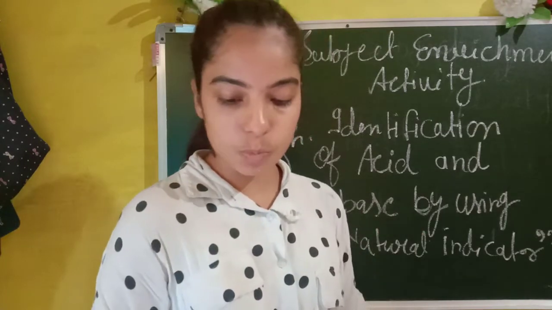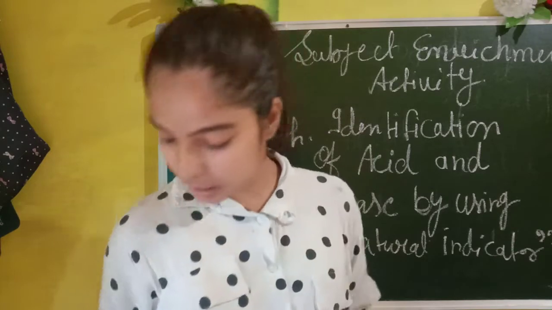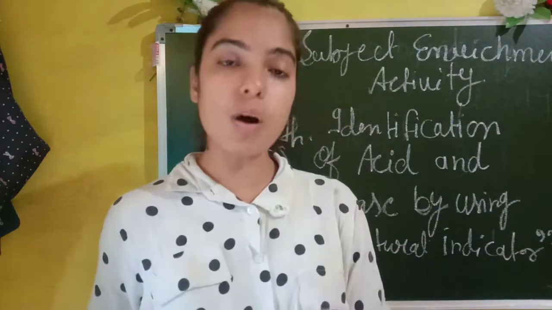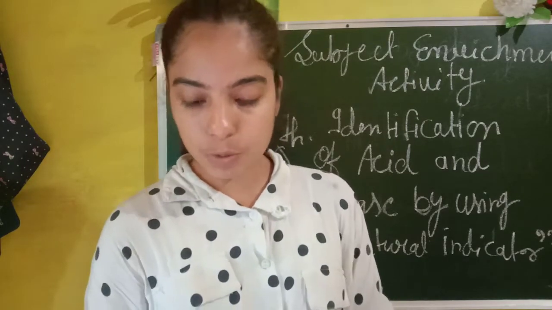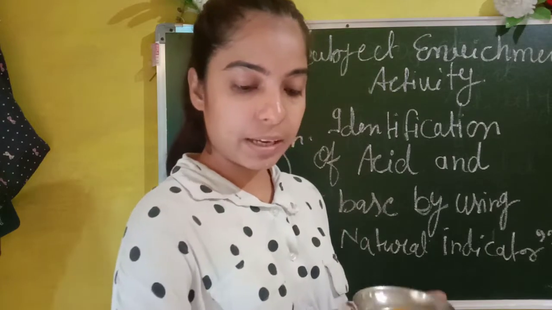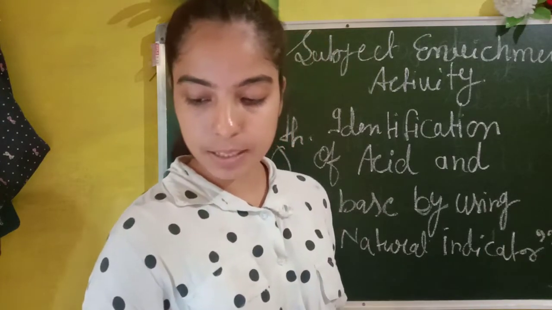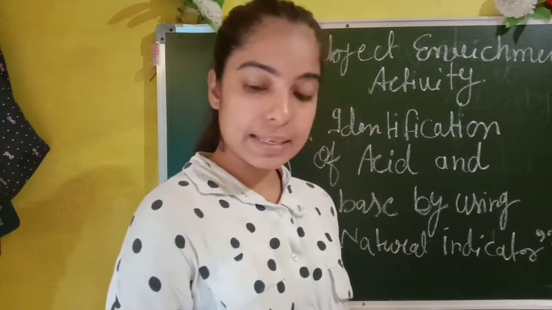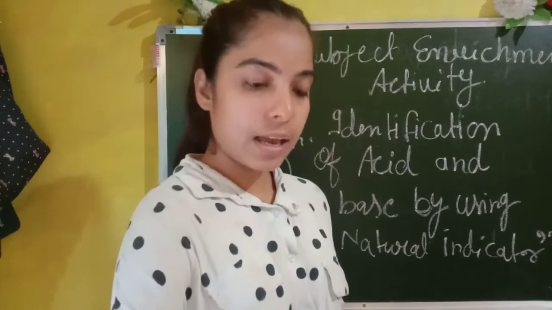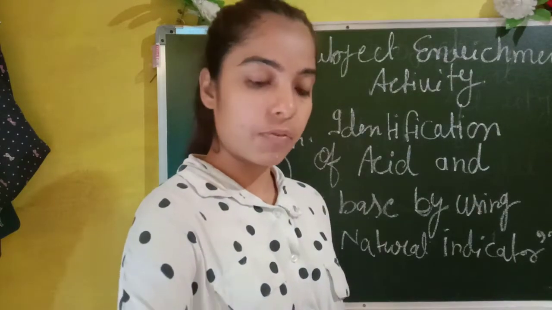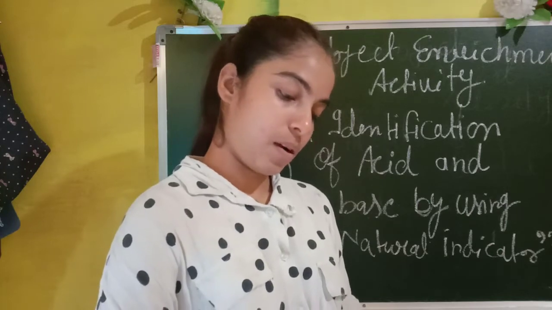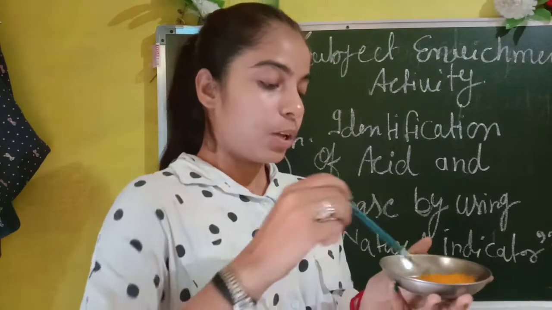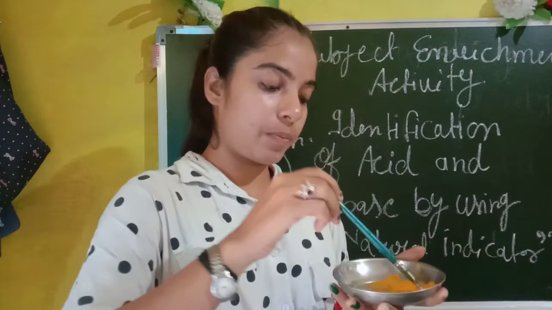Now, in the third step you have to show your procedure. For the procedure you need water for this activity. All these objects you have to show in your video. Firstly, you have to take the turmeric and add some water on it and make a paste of it. You have to take a spoon and, with the help of the spoon, add some water on it, as I have taken, and make the paste of the turmeric. Clear?